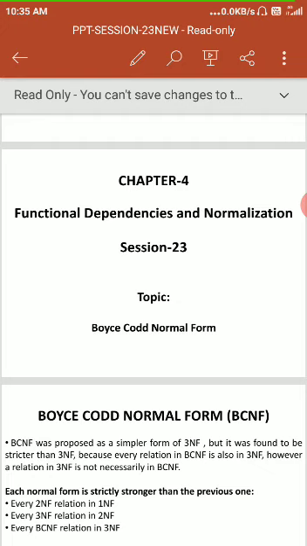However, a relation in 3NF is not necessarily in BCNF. That is the main difference between 3NF as well as BCNF. You got it? Every relation in BCNF is also in 3NF, but every relation in 3NF is not necessarily in BCNF.